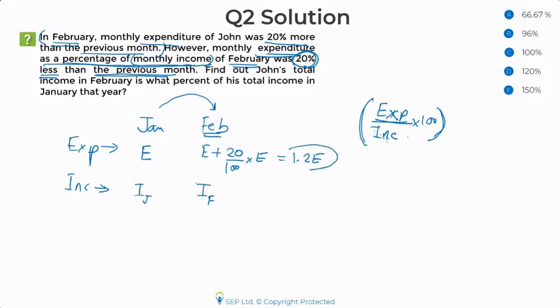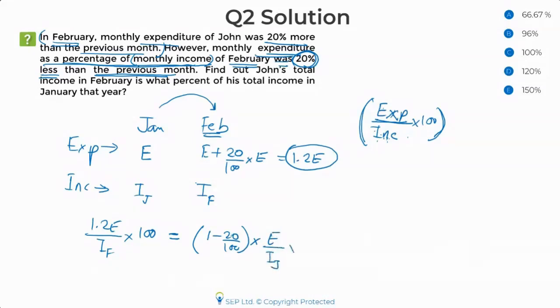So what is the expenditure? 1.2 E as a percent of monthly income. See, I'm breaking it down as a percent of monthly income, which is IF. So this percent, now when I say "was", it basically means they're talking about the equal to sign, 20% less than the previous month. So 20% less means less of the income and expenditure. So E by